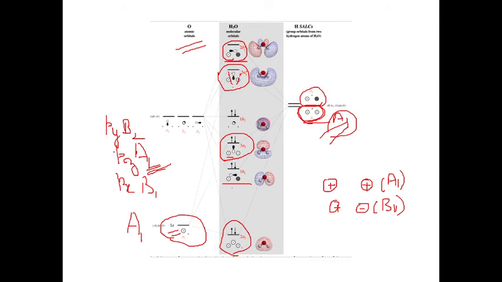So, next remaining is P2Y. P2Y doesn't have any orbital to match with, because only the SALC is having A1 and B1 symmetry. The PY is remaining just like that. So, what is going to happen? This is going to just be the non-bonding orbital. So, it is going to be in the same energy. It's not going to be either stabilized or destabilized. So, this is your MO diagram.